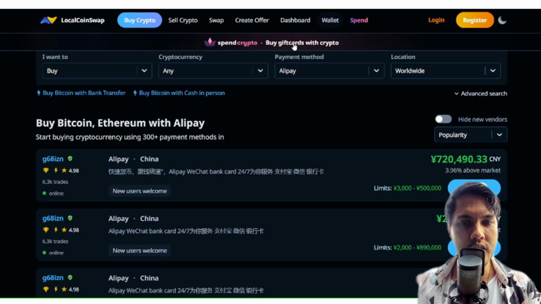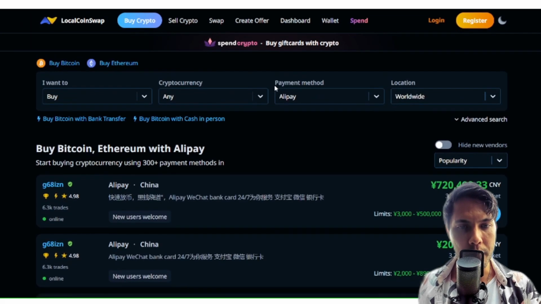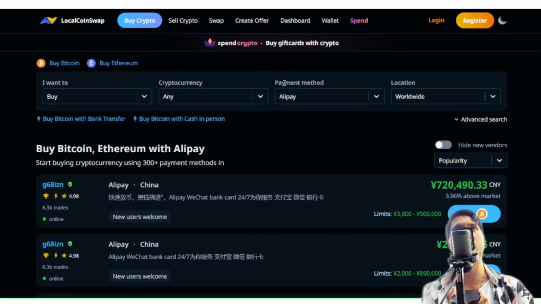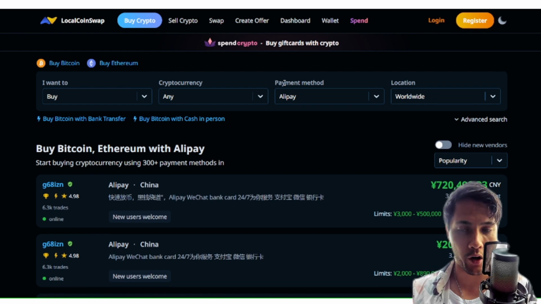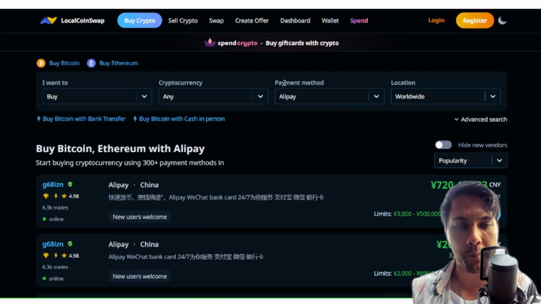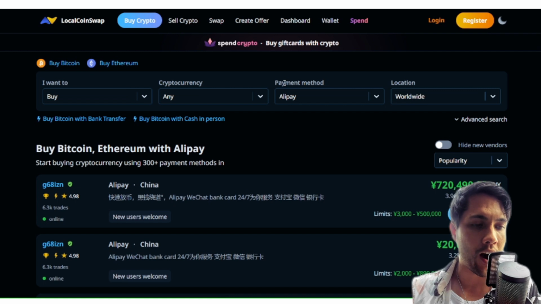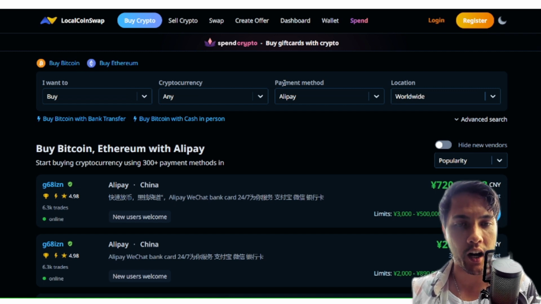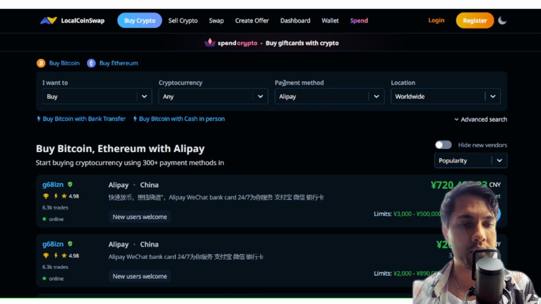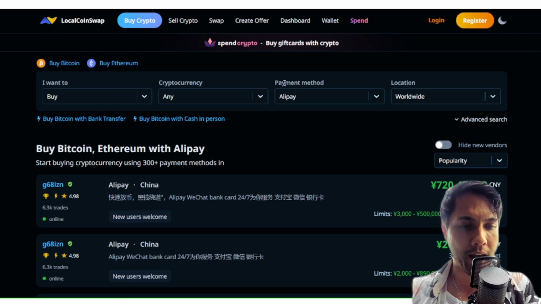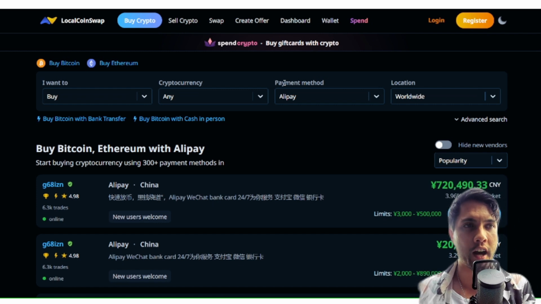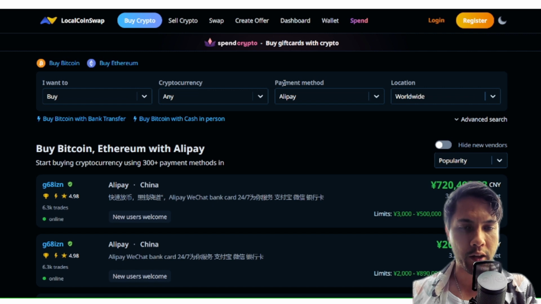And I also, just before I sign off on this, I want to give a nice little example as well. You can also buy cryptocurrency without KYC on this P2P exchange using Alipay. Now, most of my audience is not in China, so it won't feel very relevant to you. But the reason why I mention this is because I actually learned how to do P2P trading when I was living in China, and Alipay is the number one payment method for that.